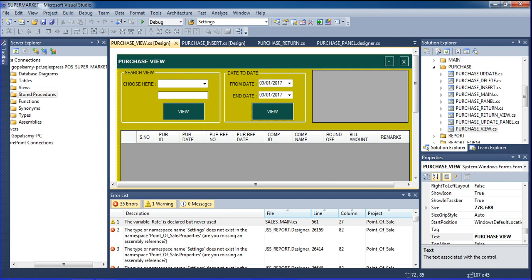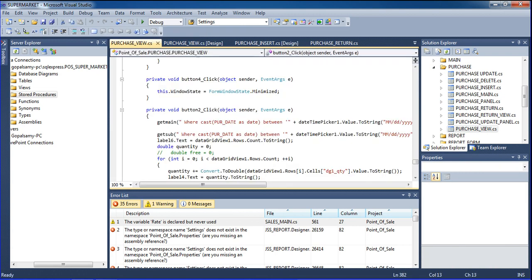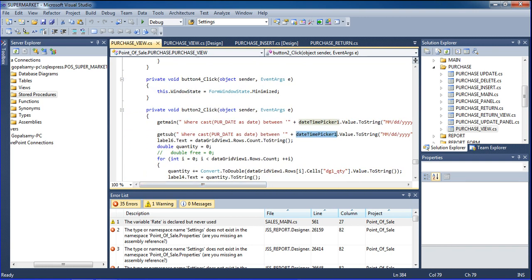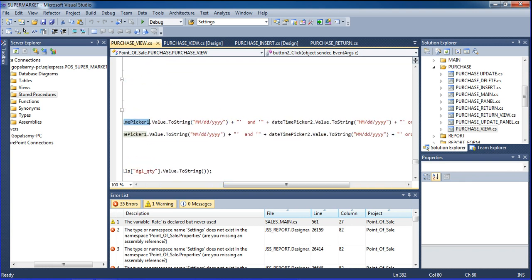In this button click event, whenever I click this button, at that time it searches date by date. See, this is my date by date. This is date time picker 1, and this is the from date, and then this is the to date.